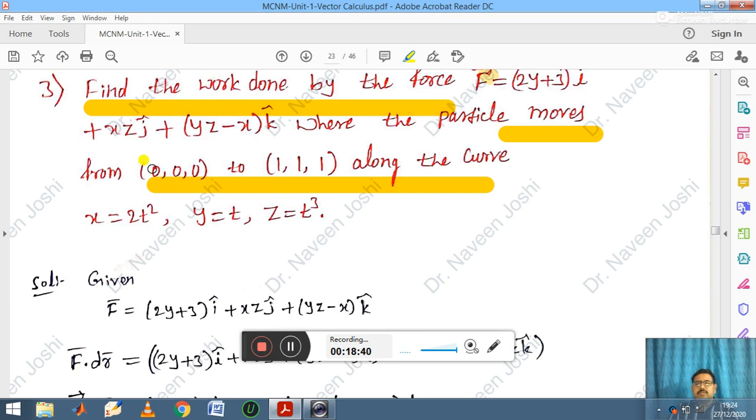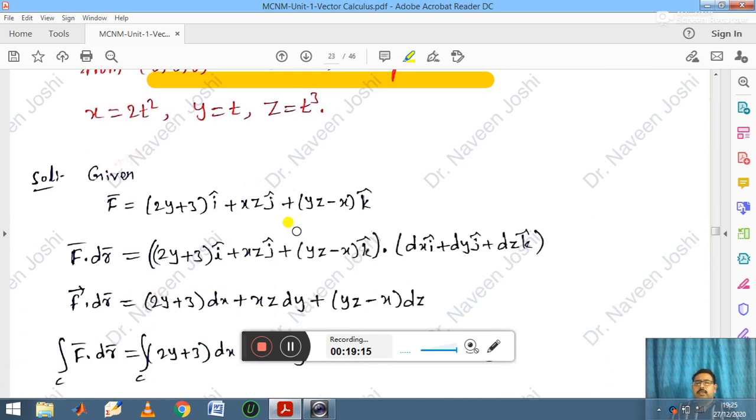So in three-dimensional space, the x starting value is 0 and ending value is 1, y starting value 0 and ending 1, z starting value 0 and ending 1. Normally you can consider the limit 0 to 1, because 0 0 0 represents the origin, and along the x direction it is moving up to length 1, along y direction length 1, along z direction length 1. Therefore in general you are taking the limit from 0 to 1.